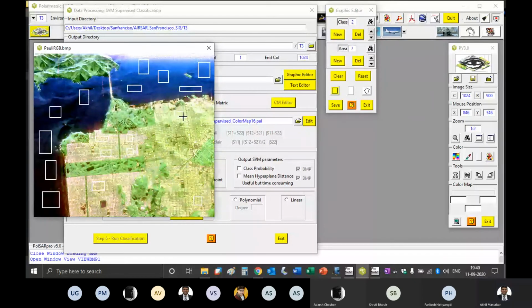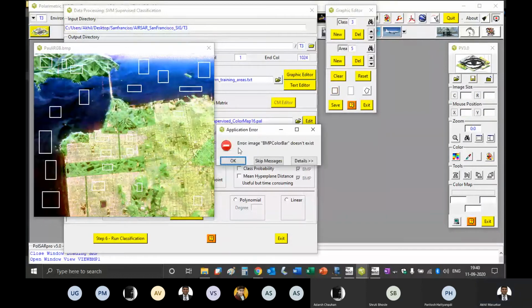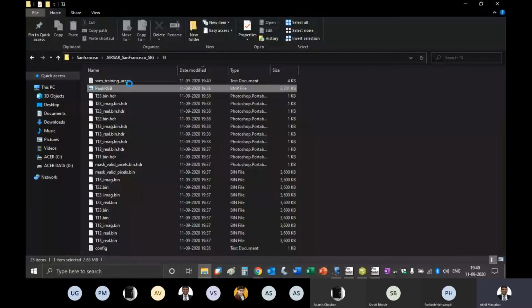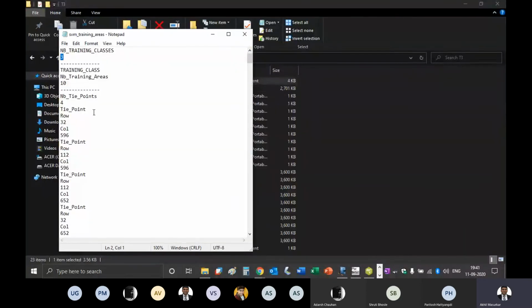I'm just taking 7, 8 samples of. And then class 3 is this mountains. Or tree covers. So you can just say save and say okay. So whether this file has come or not, yes, it has come. And you can see that there are 3 classes and there are so many training areas.